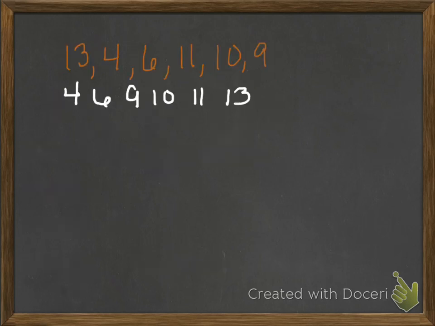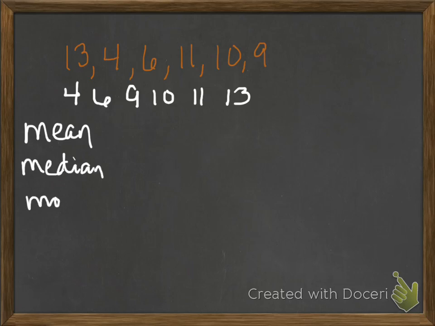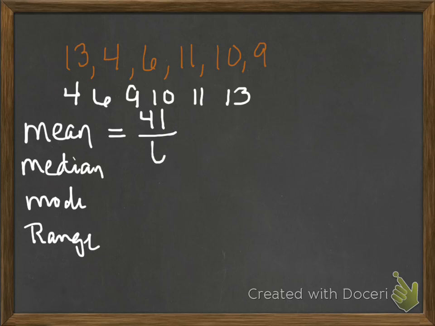All right, here's our next group of numbers. The orange are the original numbers, the white ones I went ahead and put in order. So again, we're going to find the mean, median, mode, and range. For my mean, I'm going to add up all my numbers, the sum, and I get 41. Then I'm going to divide by how many numbers I have, and I have 6 numbers. So 41 divided by 6 is